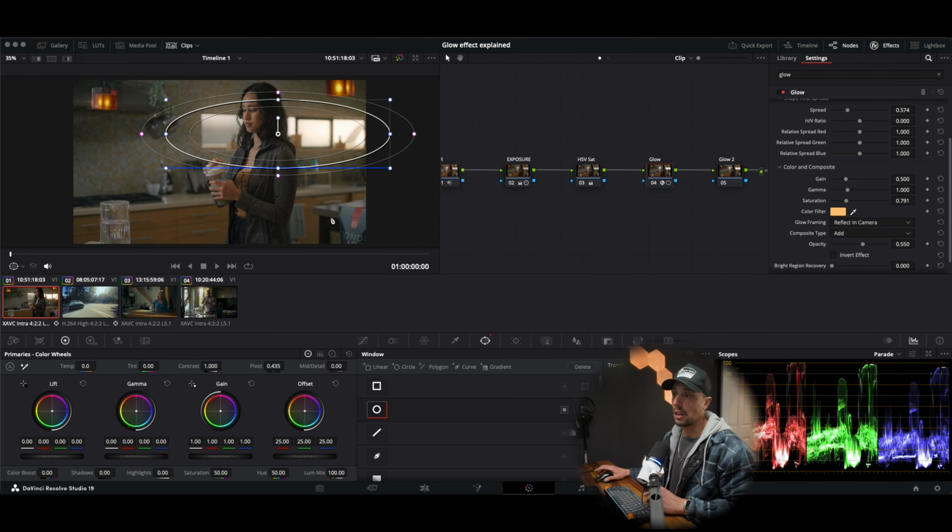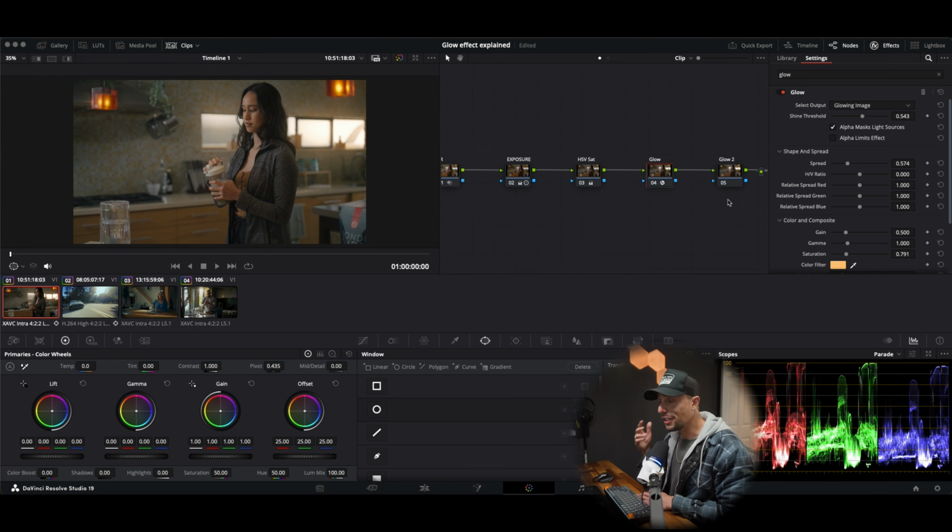I just wanted to make that a quick call out for you guys watching this, because some of you may not know that you could stack different masks on top of different effects, depending on how far along you are with your color grading. So that right there is the first method in which I like to use the glow